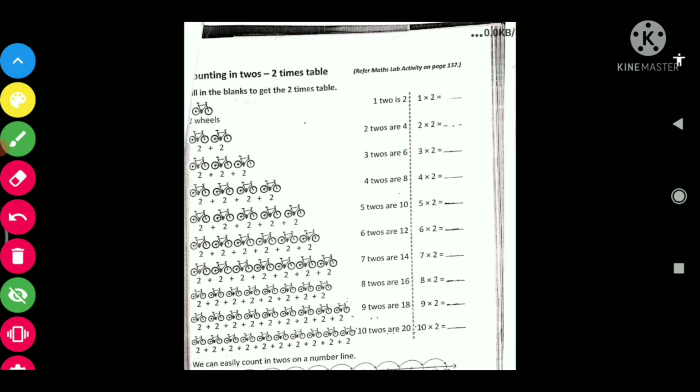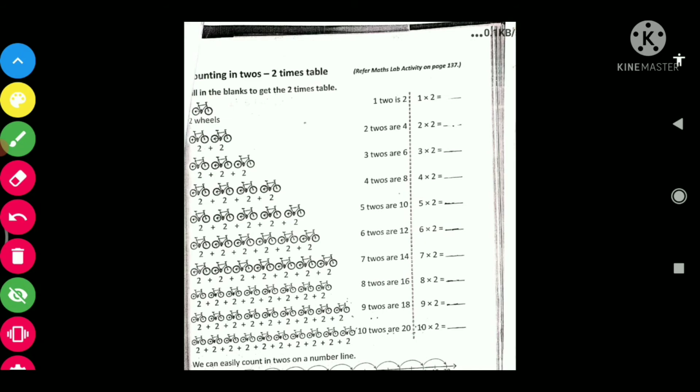If 4 is there and if we add another 4, we'll get 8. If 5 is there and again we add one more 5, we'll get 10.